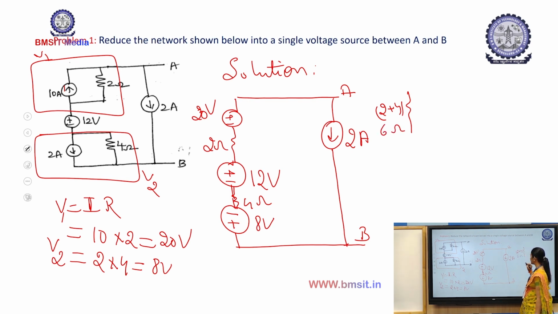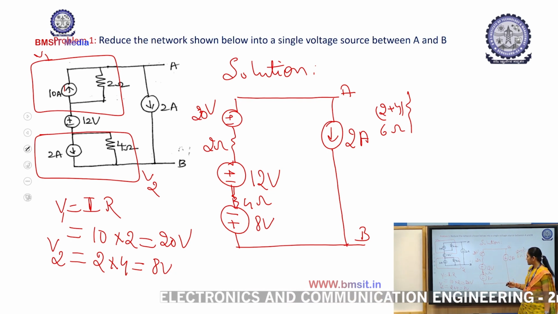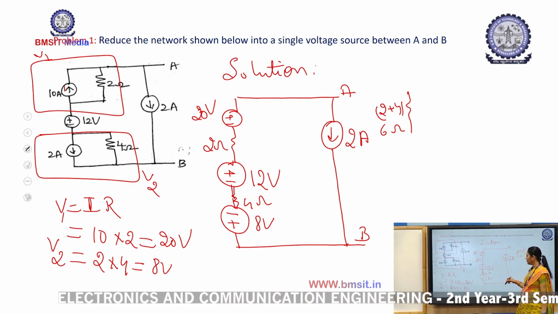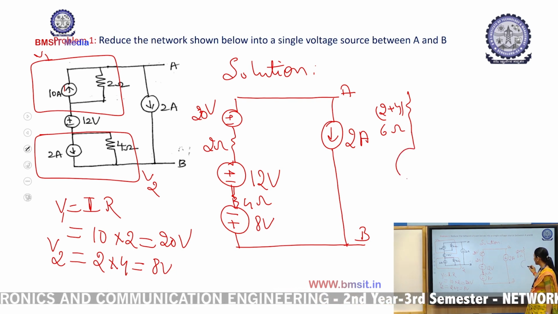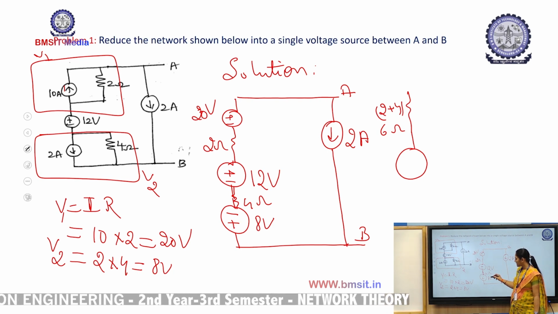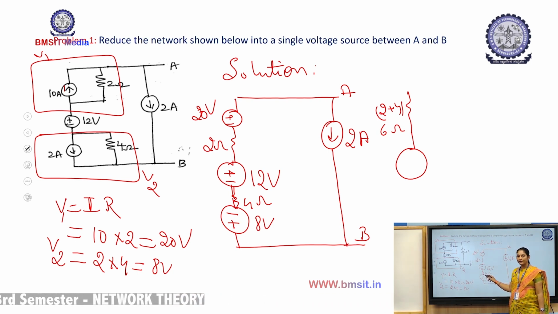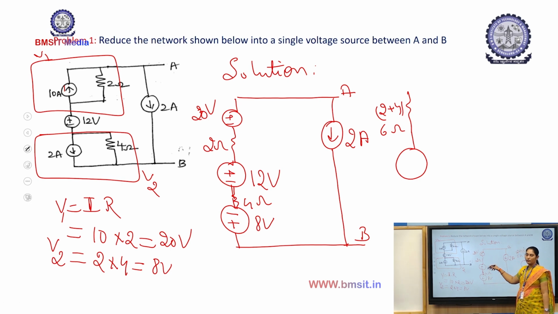6 ohms resistor. And this 12 volts plus 20 volts, both have the same polarity, so this will be 32 volts. 32 volts is in series with the minus 8 volts because it has the opposite polarity to that of the major voltage in this branch. So 32 volts minus,